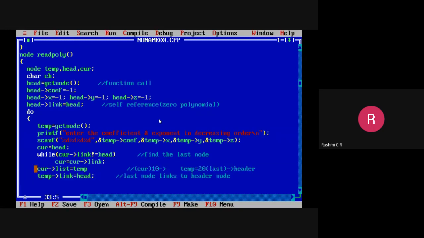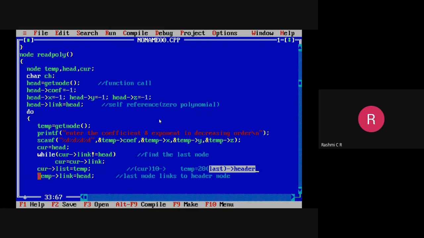Okay, current is the last node. So using that current, we are trying to append a new node to the right of that. Hence the current link should now point to the new node, that is 20. When 20 becomes the last node, to indicate the last node in the circular list, its link part should point to header node.